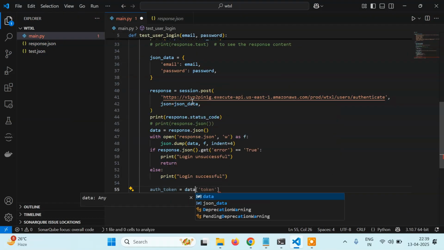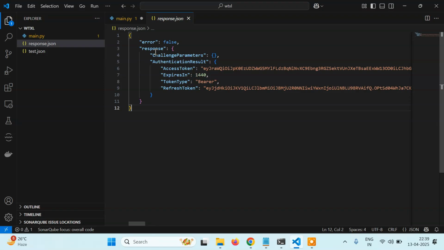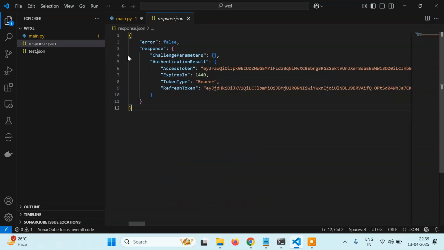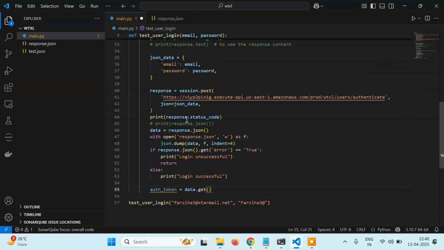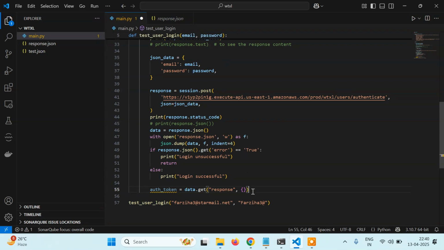Type data.get. This is a dictionary, and from this dictionary we want this key. We want a key called response, and if this key is not available, I want to return an empty dictionary. Otherwise the default value is None and you will get an error. So I want the empty dictionary, and its value is again a dictionary, so we can again call the .get function,